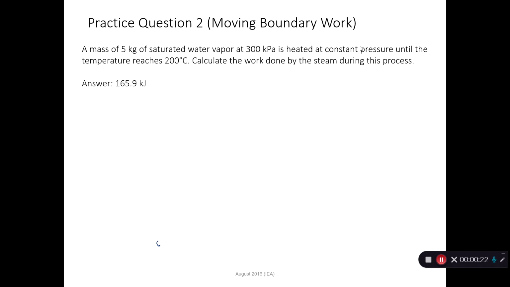It's heated at constant pressure. So this is easy. The question tells you that it's constant pressure until you reach some final temperature. Calculate the work done. So of course, work done here is P times V2 minus V1. Okay, it's water vapor, so you can easily find V1 equals Vg at 300 kPa